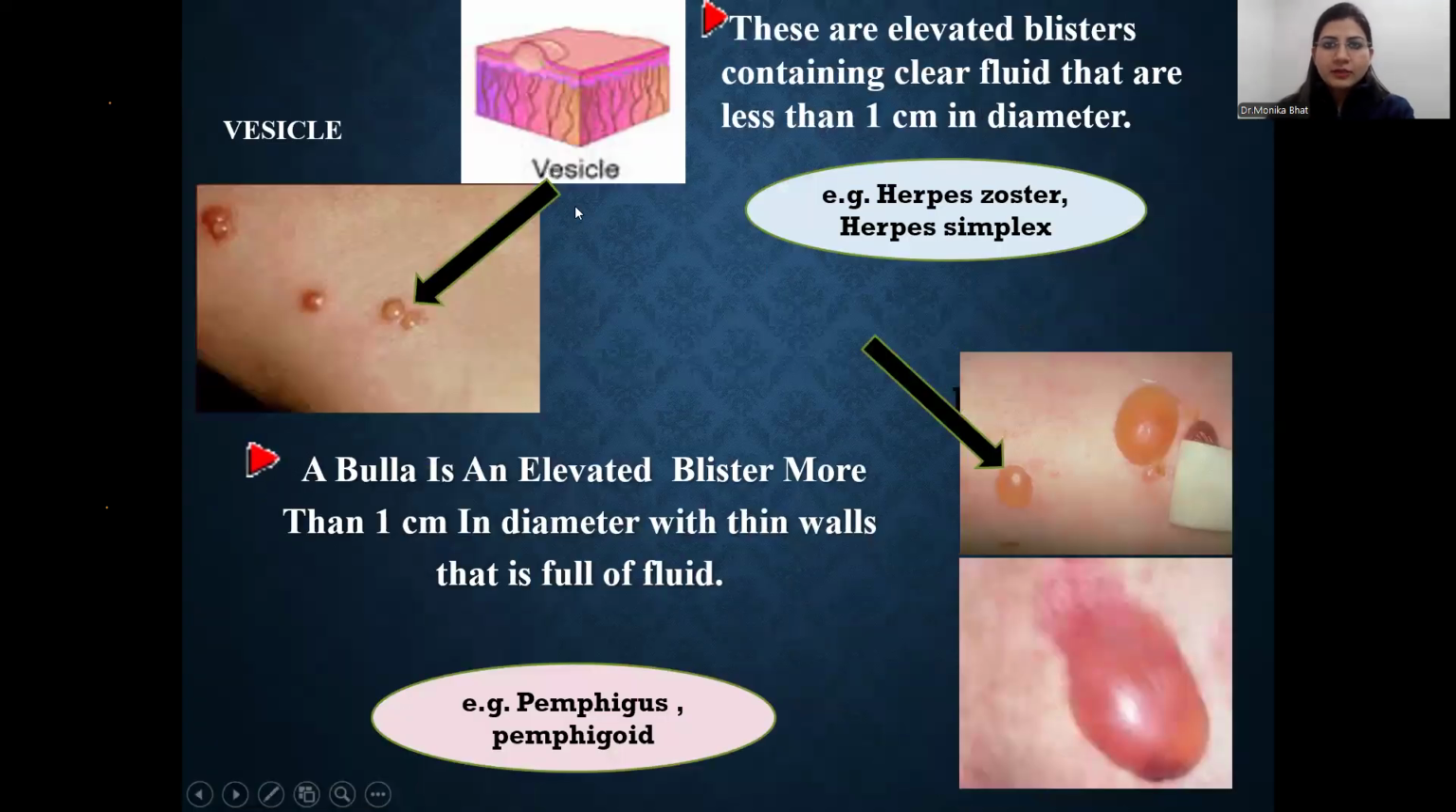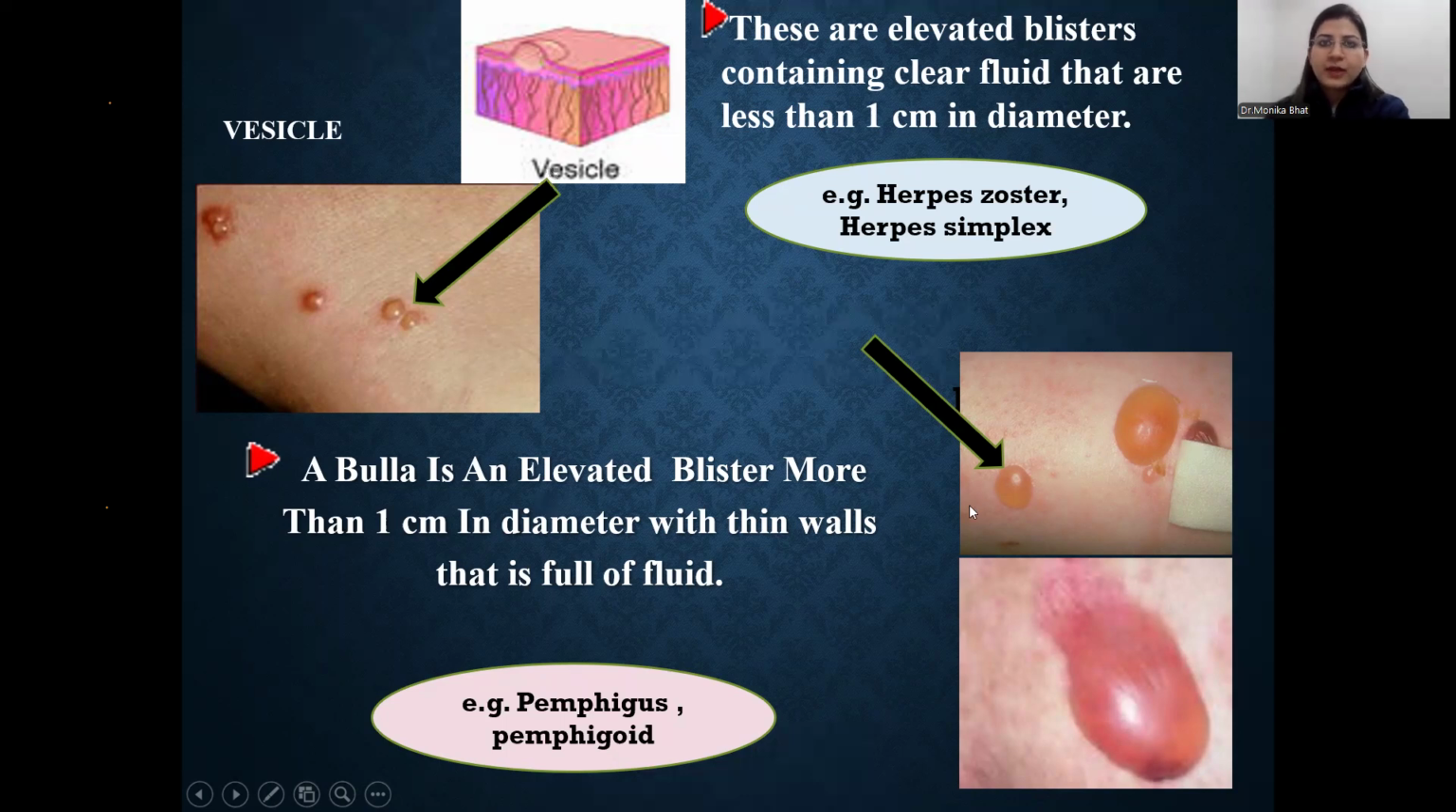Next is a vesicle. These are elevated blisters containing clear fluid, less than 1 centimeter in diameter, as we see in cases of herpes simplex. Another example is the bulla. Bullae are basically the same blisters but more than 1 centimeter in diameter. For example, we see bullae in cases of pemphigus